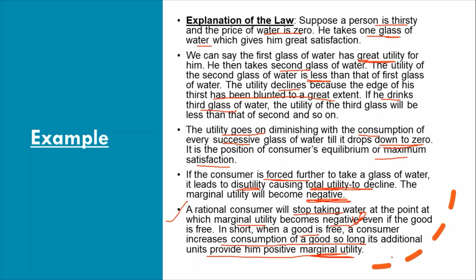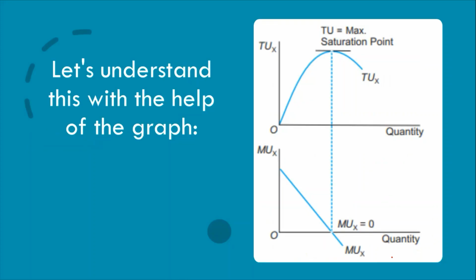Equilibrium in economics is a state where everything's equal, or a break-even point. It's the point with maximum satisfaction. That's the ideal point for you. You do not want to move above that. You do not want to go below that. So you've reached your equilibrium, you've reached your maximum satisfaction when your marginal utility reaches zero. So this is an example of the law.